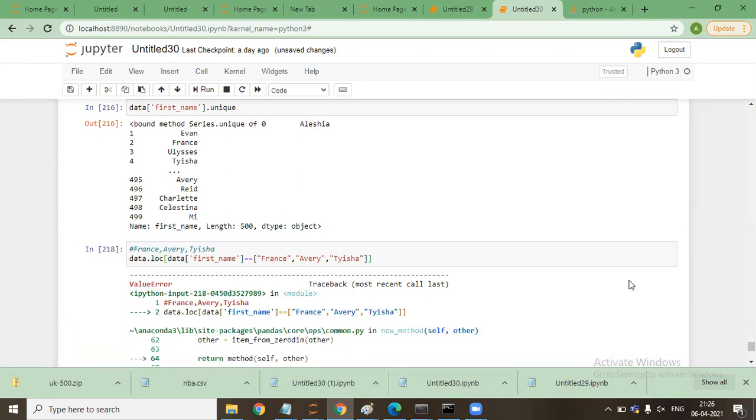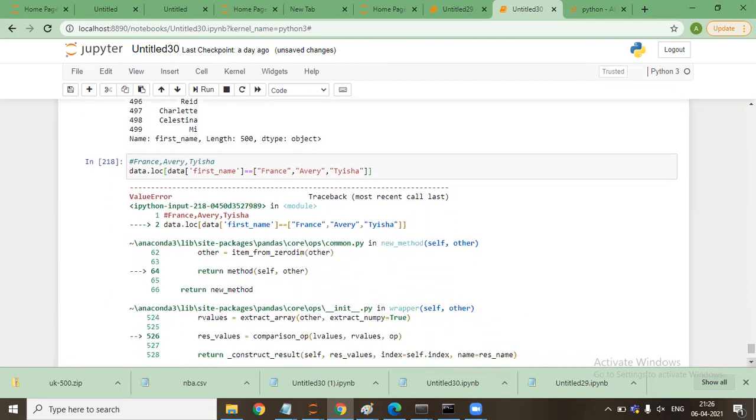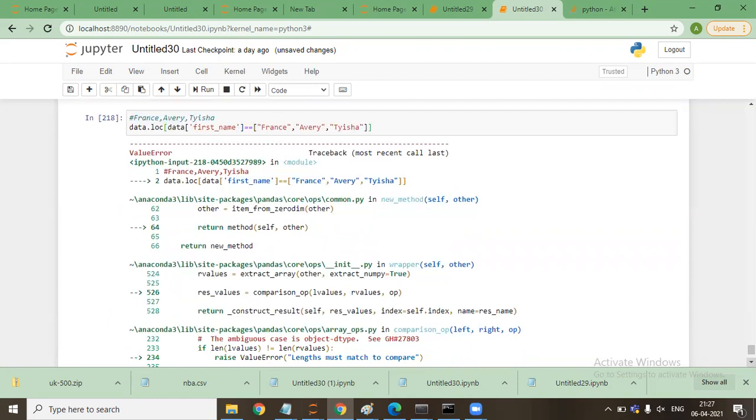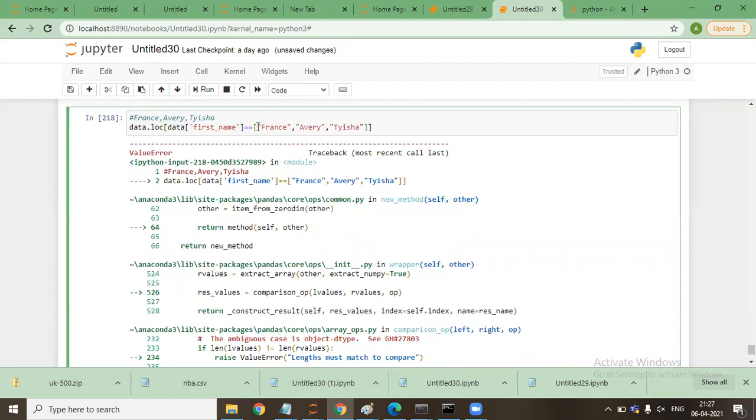Now it is not working. So what should I do? Sir, you can remove all things before the equal sign and directly provide the rows only.